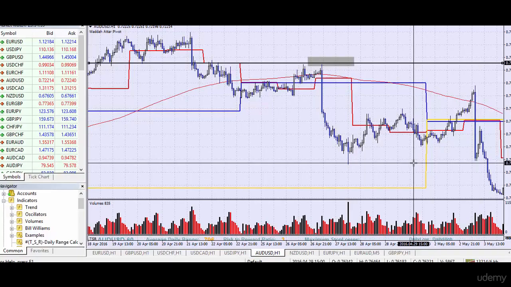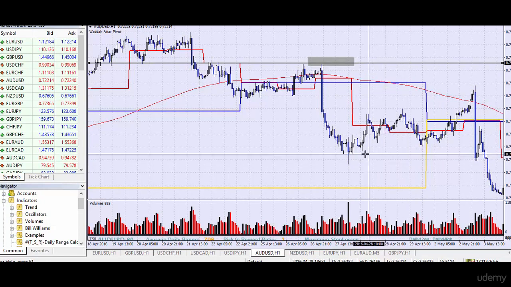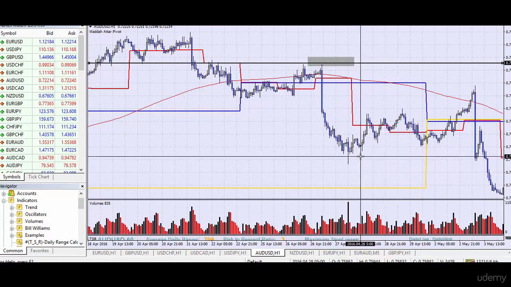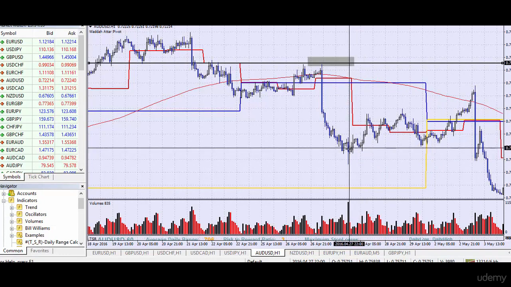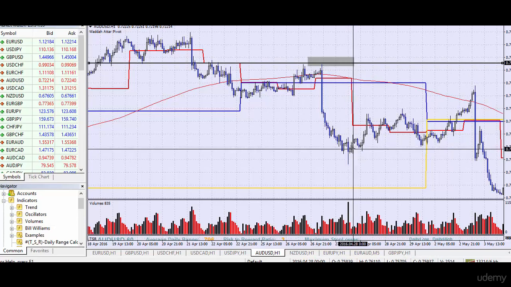Okay, so after reading the news feed and finding out that there's a 50% chance of these guys cutting interest rate at the May 3 meeting, we're looking to sell the Australian dollar USD. But we can't just enter the market here, so we have to wait. We have to wait until close to May 3 before we sell the market because it's so far down that